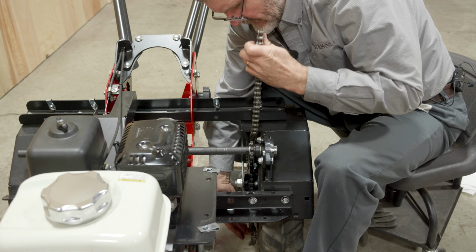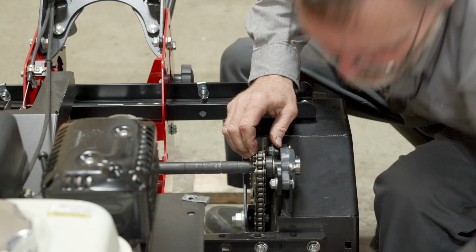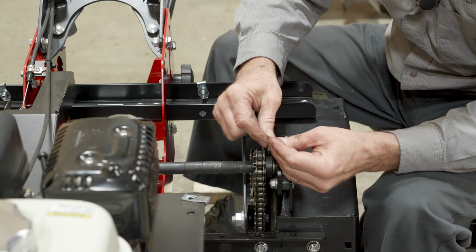And lay one end up here on the shaft, while we try to fish this other one up and lay both ends then over the sprocket so that they're together like that. And get our master link, put it into the holes, hold it together. And we've got our two pieces, the outer plate